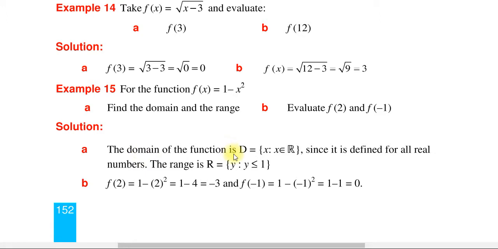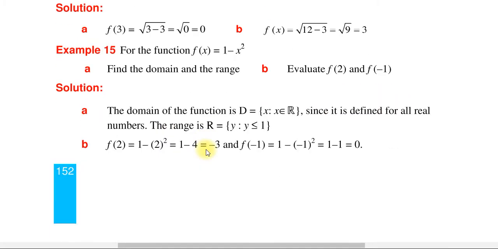The domain of the function D is equal to the set x such that x is an element of R. ያ ማለት የxን ቫልዩ ኤኒ ቁጥር መተካት እንችላለን ማለት ነው። ስለዚህ ዶሜናችን all real numbers ይሆናል። ሬንጃችን ደግሞ R is equal to the set y such that y less than or equal to 1 ይለናል ማለት ነው።